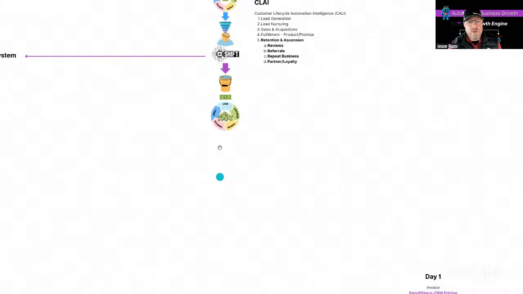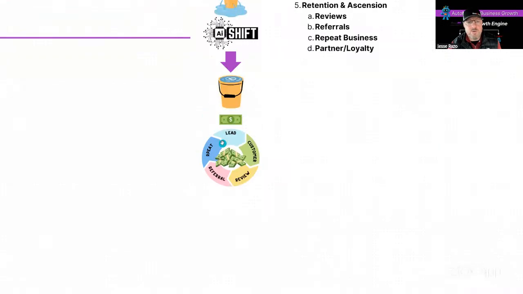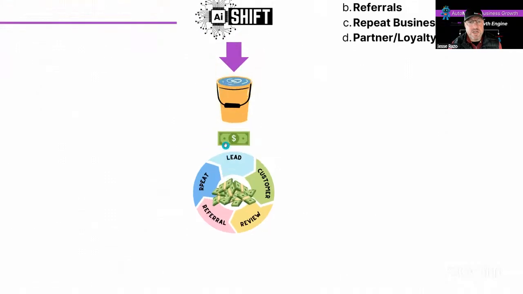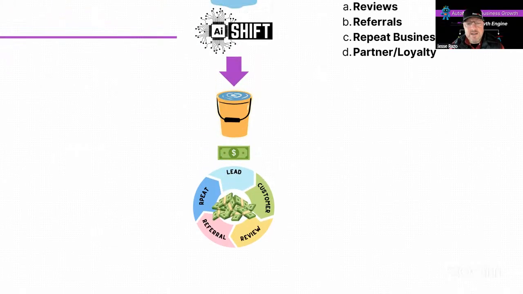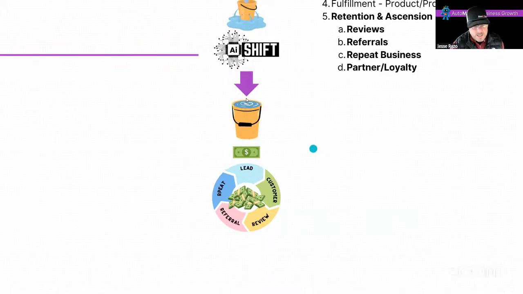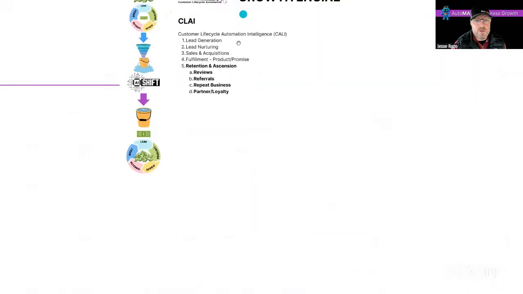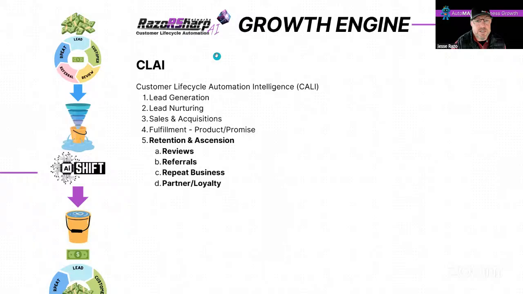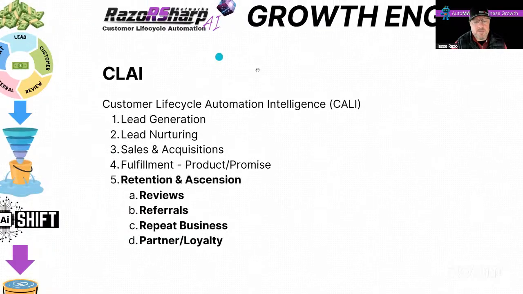So what we do with AI in our AI growth engine is we help companies make the shift in their business where they can get a disproportionate return on the investment that they have, meaning that they have to put less resource into their business in order to generate more money. They put in $1, it generates 10, so on and so forth. And this is done all the way through the customer journey. So we have an AI growth engine, and I'm going to talk with you about that in just a bit.